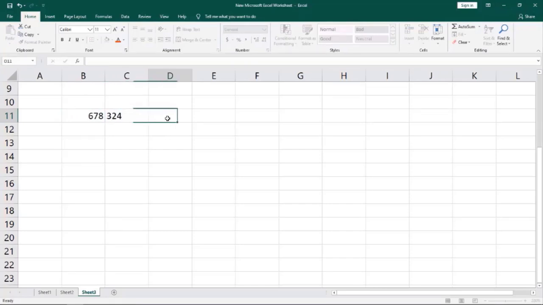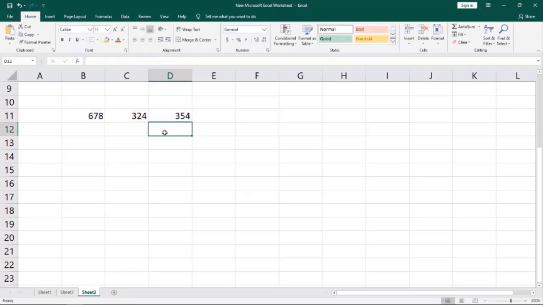In D11 cell we'll get the subtraction of B11 cell and C11 cell. The same way, first give the equal to sign, select this cell, using the minus operator we'll get the subtraction, then C11 cell, enter,